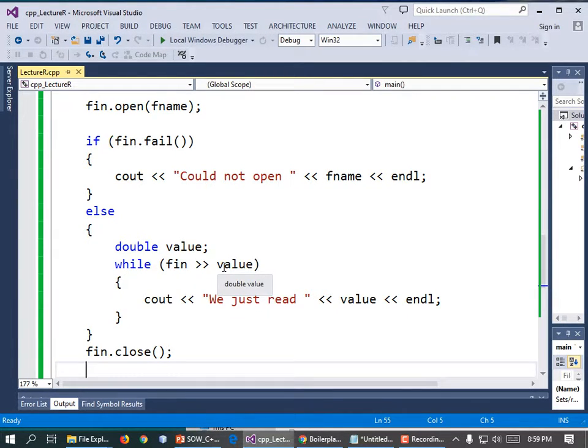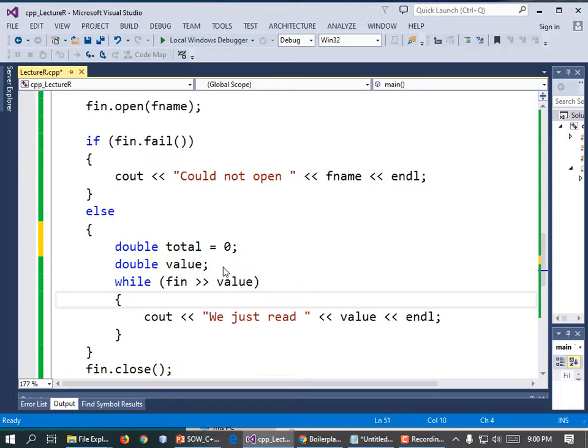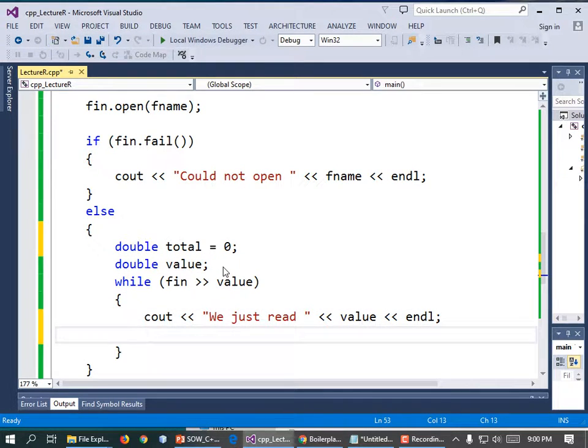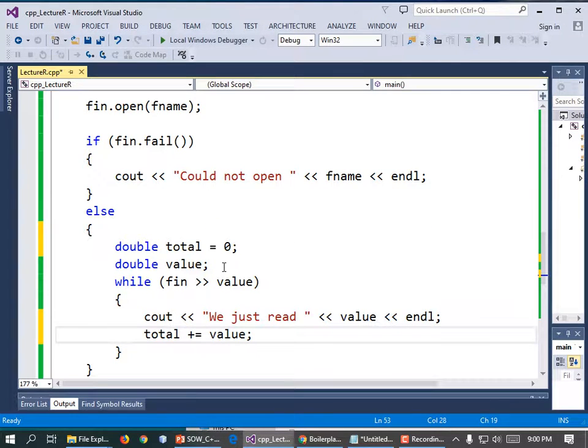But it's not adding the numbers up. We need a variable that'll hold our total. So double total = 0; And we're going to add value to total: total += value;